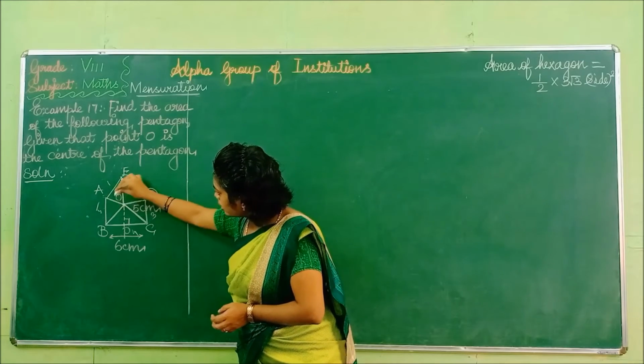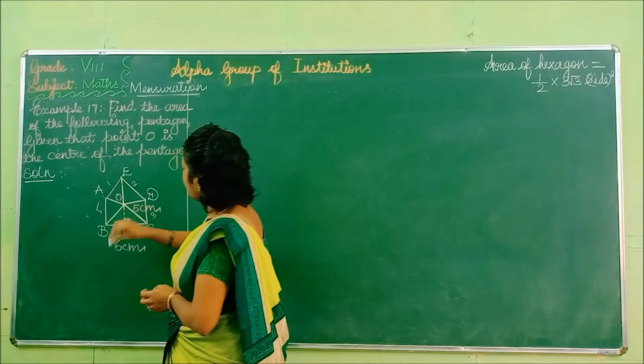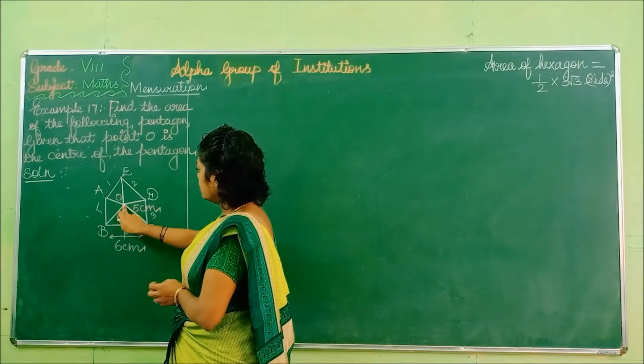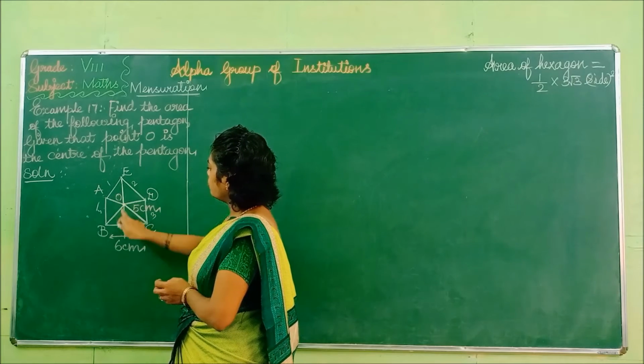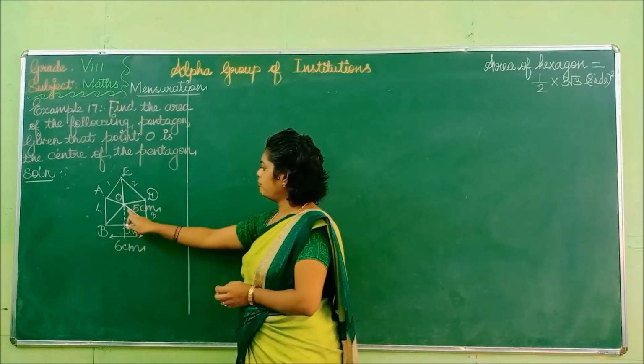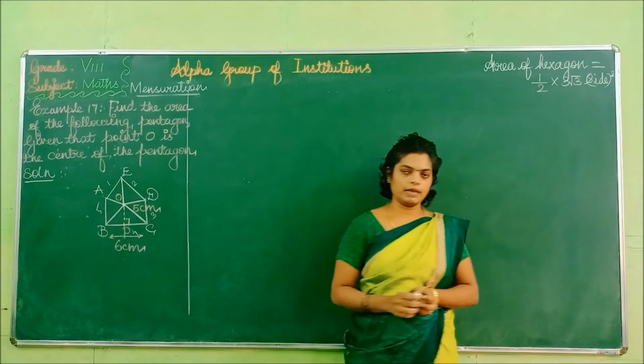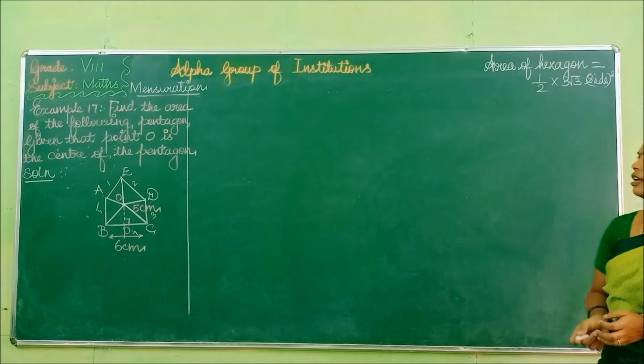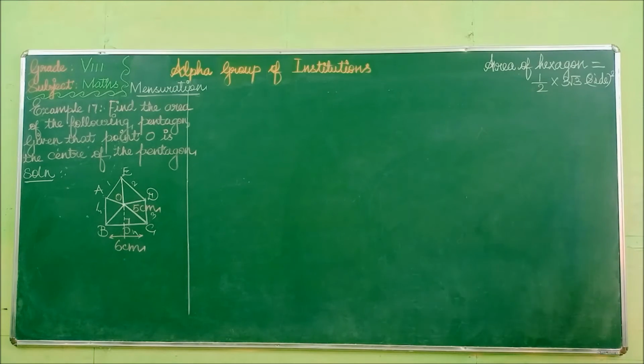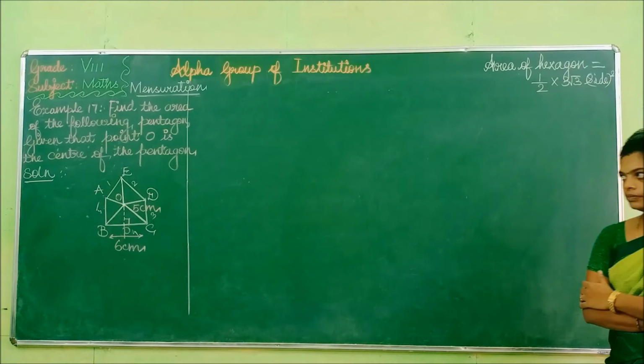Given that O is the center of the pentagon, you can consider the center point which divides the pentagon into triangles. The point will be O. And given that from O to P the length is 5 centimeter, and B to C is 6 centimeter. So listen, find the area of the pentagon. You know the area of a regular pentagon is equal to N into the area of a triangle.